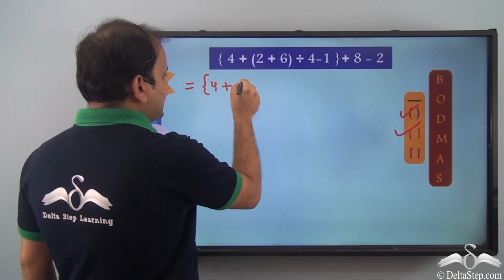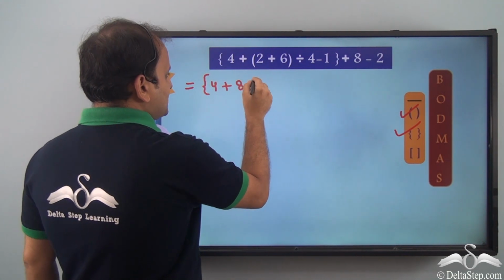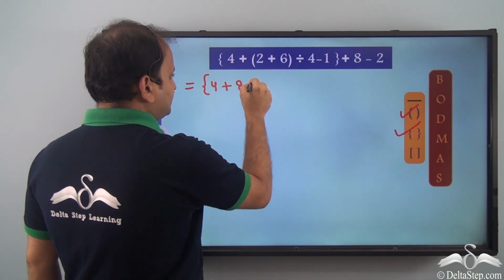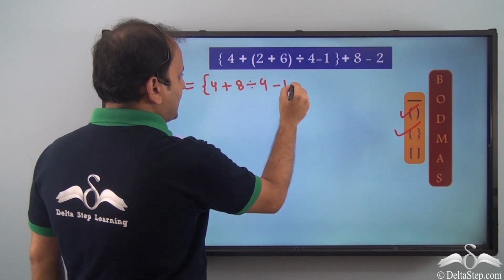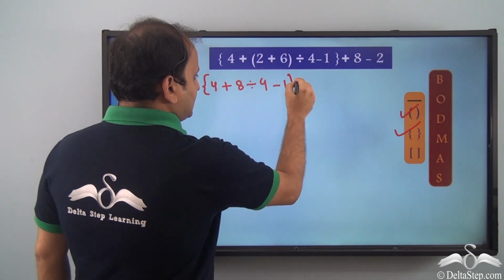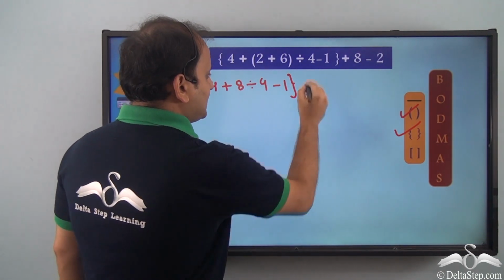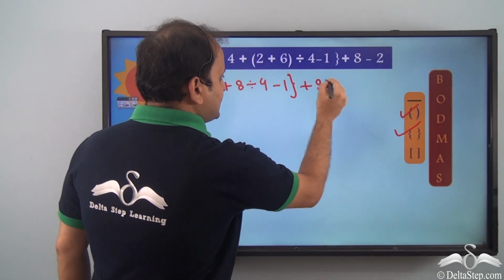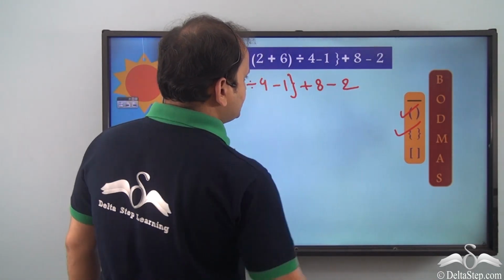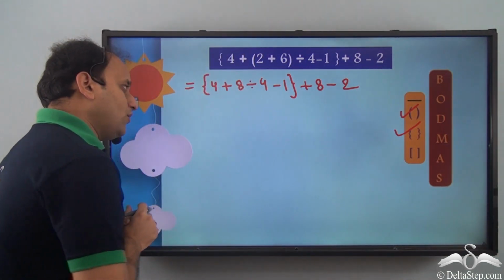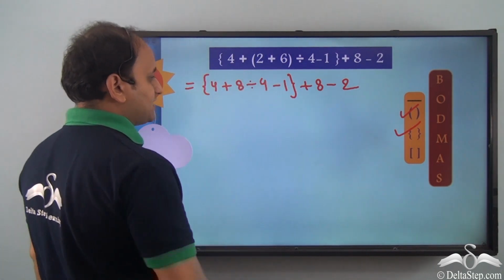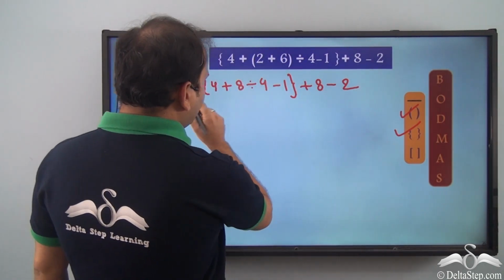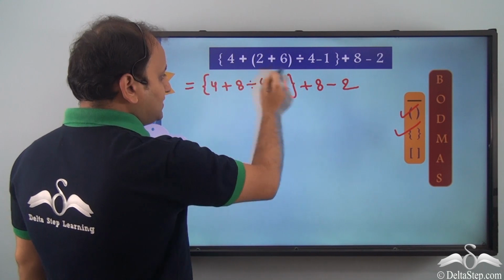So 2 plus 6 is 8 divided by 4 minus 1 and then curly brackets close. Then we have plus 8 minus 2. Now once we are done with common brackets, we only have curly brackets. So we'll first of all solve within the